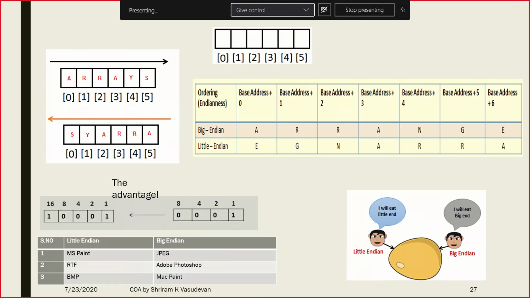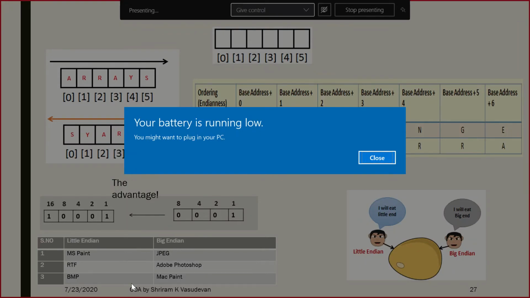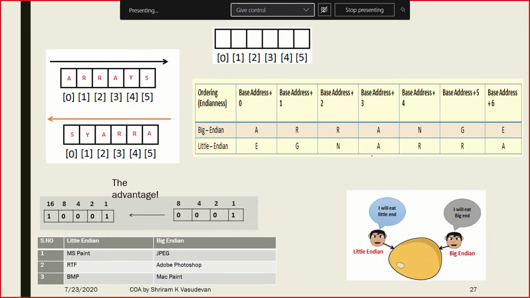This one I think we have discussed clearly in the previous semester. Do we need to discuss this again? I need your acknowledgement. Can one of you say, do we need to go with this again? Little Endian and Big Endian. Do we need to go with that? Not required, right? No is the answer, I believe. Am I right? Yes, sir.